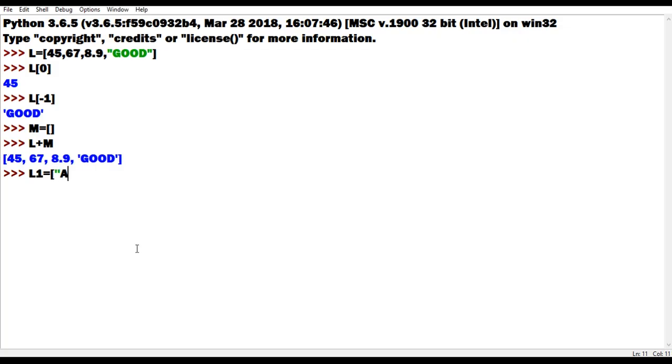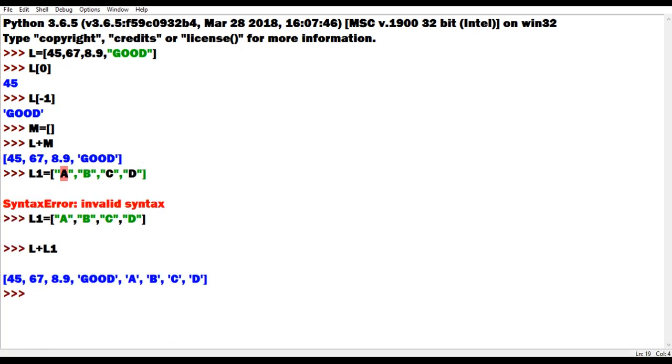Now I'm writing A, B, C, D in this, as I have created another list named L1. You can see here, one is L and another is L1, having various string values A, B, C, D, and then I'm joining L plus L1, so I'm getting the concatenated list.